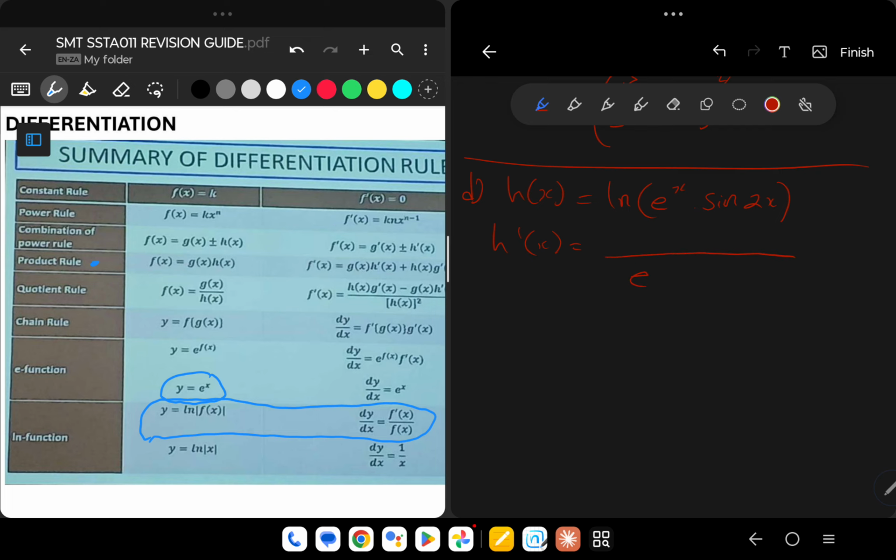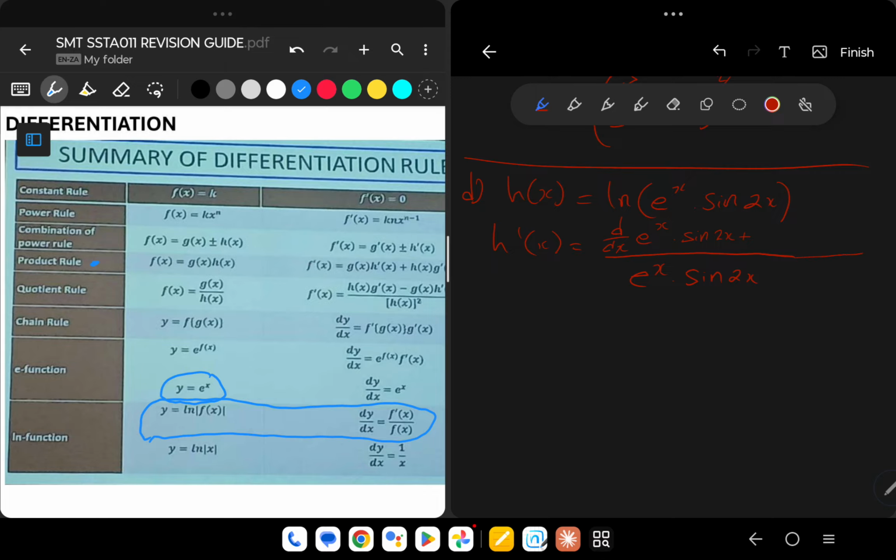It's going to be e^x times sine 2x. This is your f(x), right? And then we derive the numerator, that f(x) of ours. Now, how do we derive it? To derive this, you have to find d/dx of e to the power of x, and then multiply it with sine 2x, and then add the